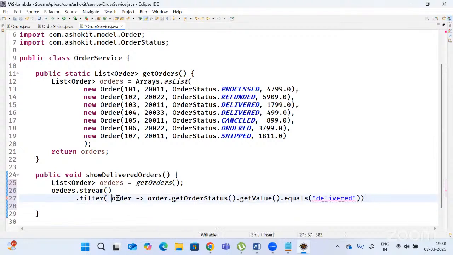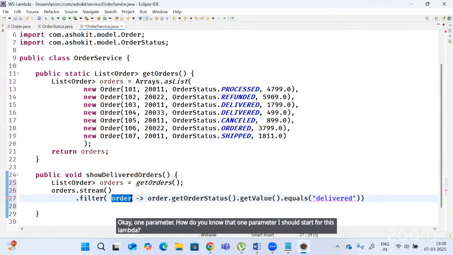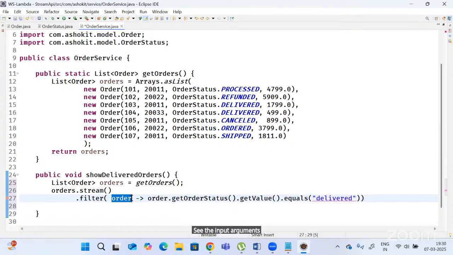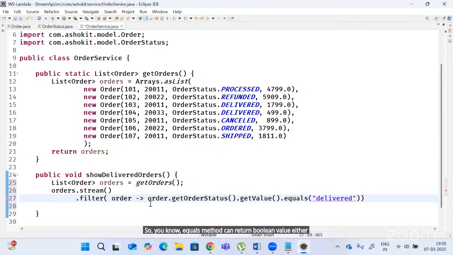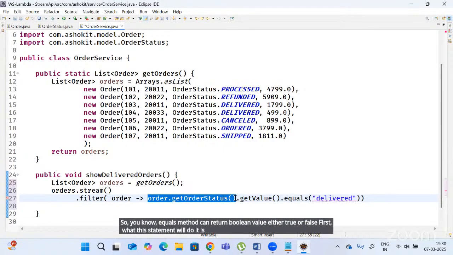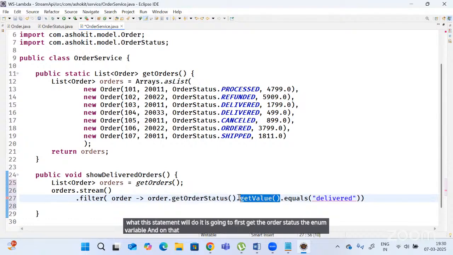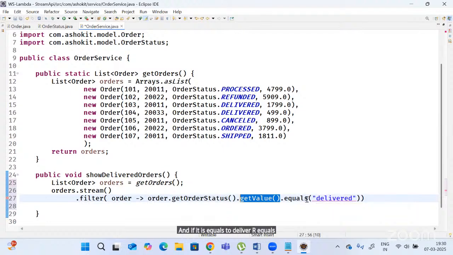One parameter. How do you know that you should take one parameter for this lambda? See the input arguments for the abstract method of the predicate. Next, how do you know it returns Boolean, or should not return a value, or should return an integer value? That all depends on the return type. So the equals method can return a Boolean value, either true or false. First, this statement is going to get the order status, the enum variable, and on that enum variable we are calling the get value method, which returns the value of that enum constant. And if it equals delivered, or equals ignore case of delivered, whatever you want,